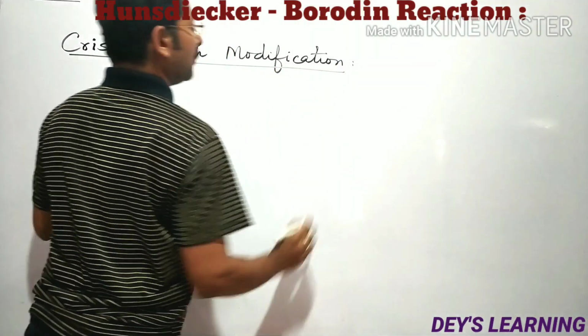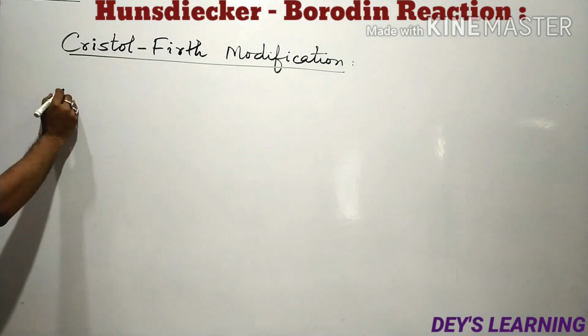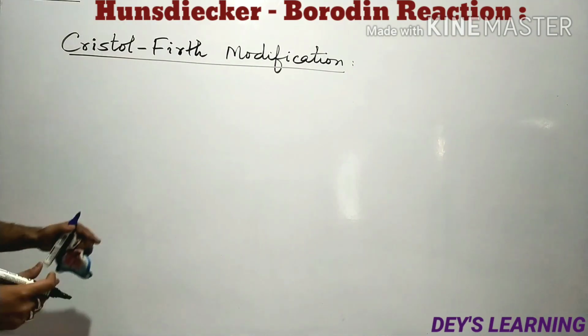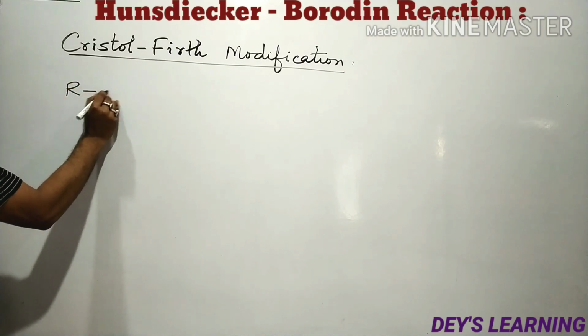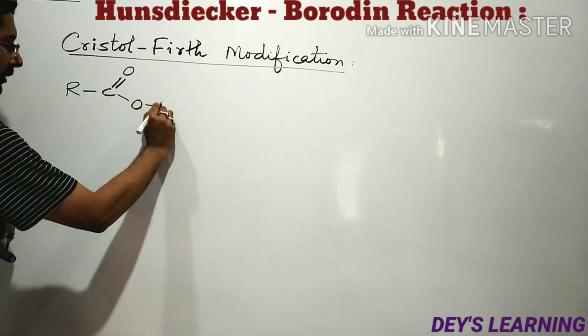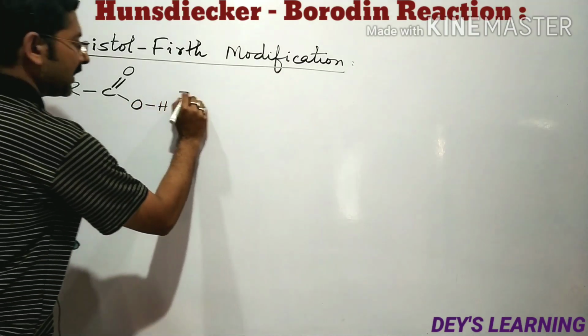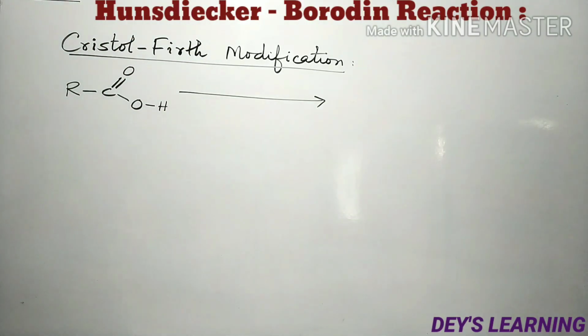This is the modification of Borodine Hunsdiecker reaction. Two scientists said that if we take the carboxylic acid molecule like this one, and if we treat this molecule with bromine